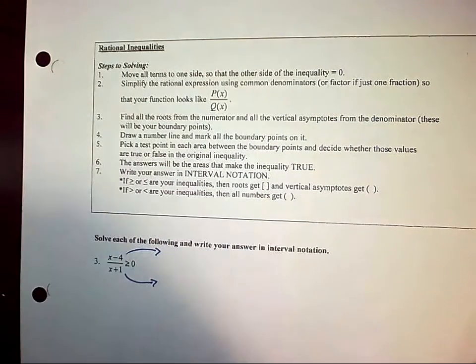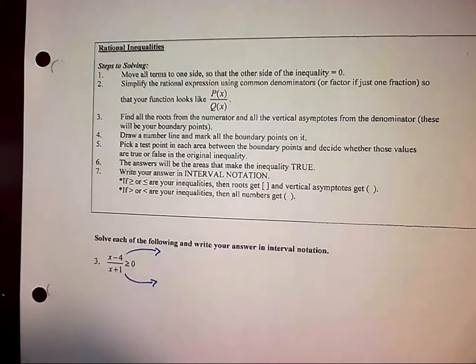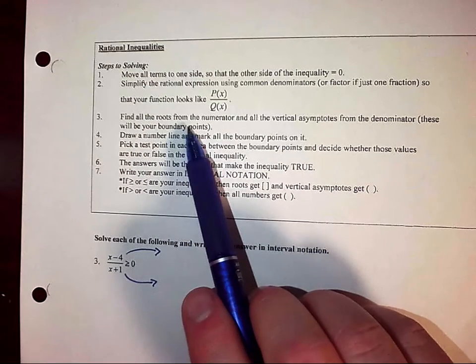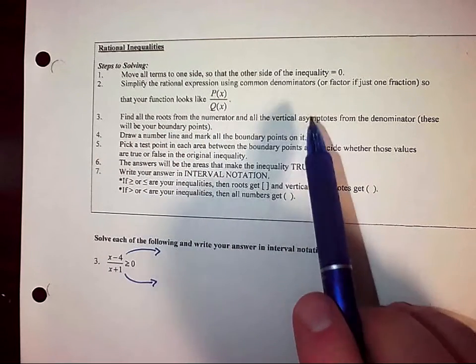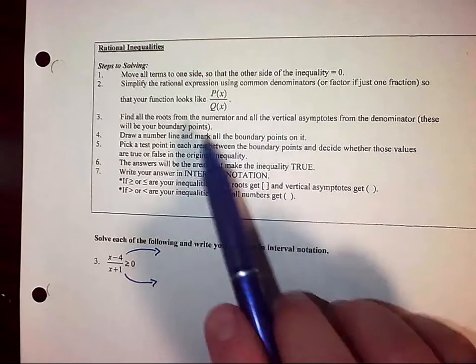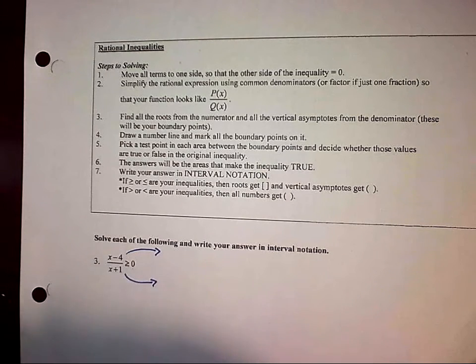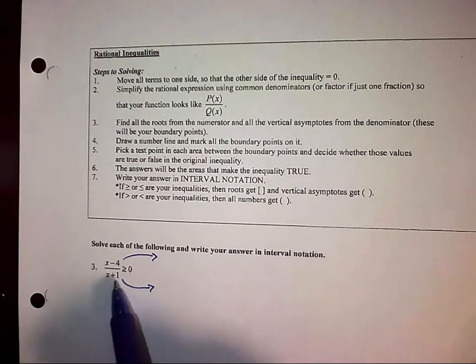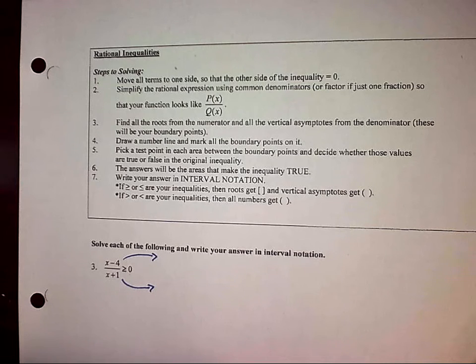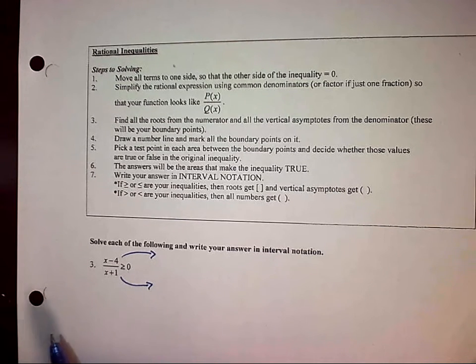So we look something like this. So we want to get rid of the common factors. Find all the roots from the numerator and all the vertical asymptotes from the denominator. These will be your boundary points. So again, here it's simply just going to be the roots and whatever makes our denominator equal to 0. We're going to draw a number line and mark all the boundary points, which was what we also did in the previous problems. Pick test points in each